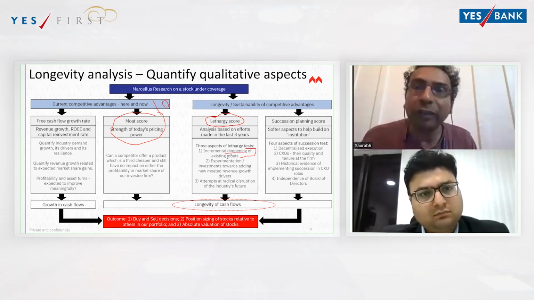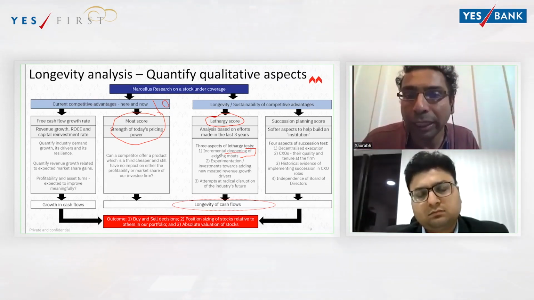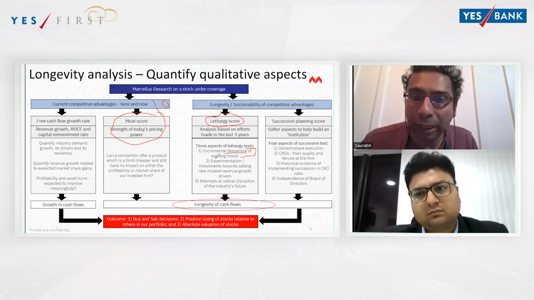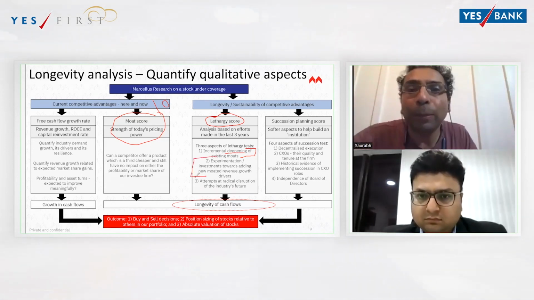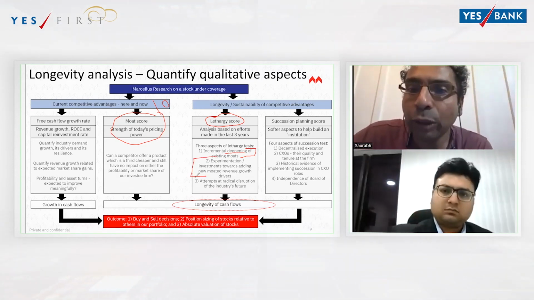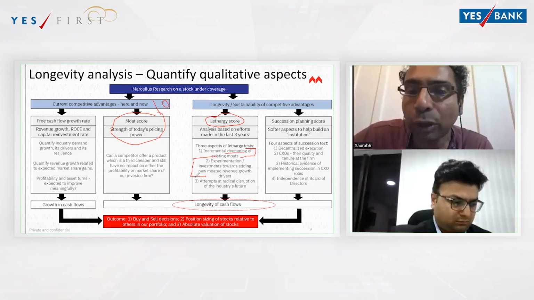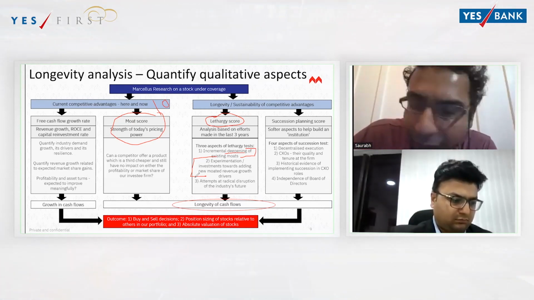I want complete quantification; I don't want hot air. Our analysts know that our investment committee is focused on hard facts, not on shooting arrows in the air. Second, we are still a very poor country, and therefore we look for companies that are constantly launching new products and services, right? We don't expect a 100% success rate with new products and services, but we want a strong innovation engine. So let's take Titan, right?